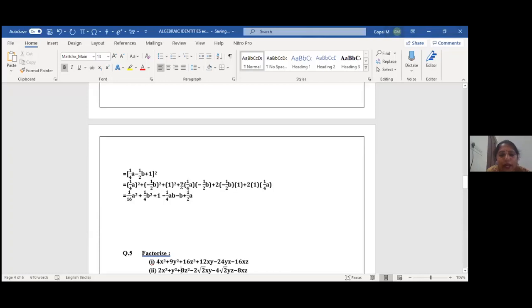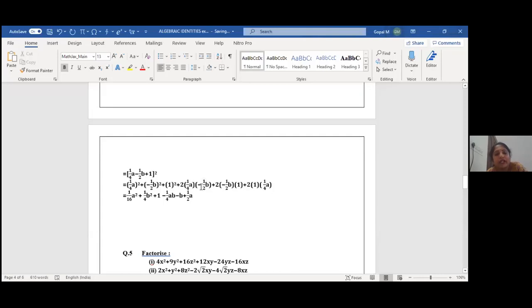Now come to the fourth term. Here 2 is there. I'll cancel 2 on this 2 or this 2 and 4. Anything you can cancel here. Since 2 into 1 by 4 a into minus 1 by 2. First I'll multiply sign. Plus into minus, I'll put minus. Then 2 on 2 will cancel and 4 will remain. 2 ones are 2, 2 twos are 1 by 2. 1 by 2 into 1 by 2 is 1 by 4. Then a into b. I'll repeat again. Either you cancel 2 and 4 or this 2 and this 2 you can cancel. Then 1 by 4 will remain.